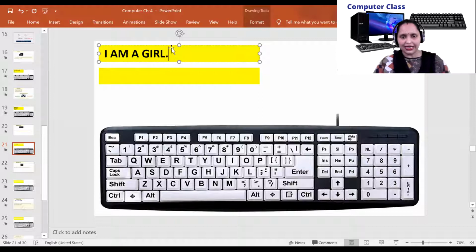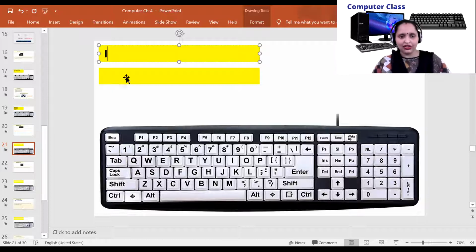Now children, you can see my cursor is here. I have told you, the arrow is pointing towards the left. Immediately, you will recall in your mind that this key is the backspace key. So children, now I am pressing this key. See what will happen. Immediately our letters started erasing towards the left. So this is the function of the backspace key. The backspace key always erases the alphabets or letters towards its left.